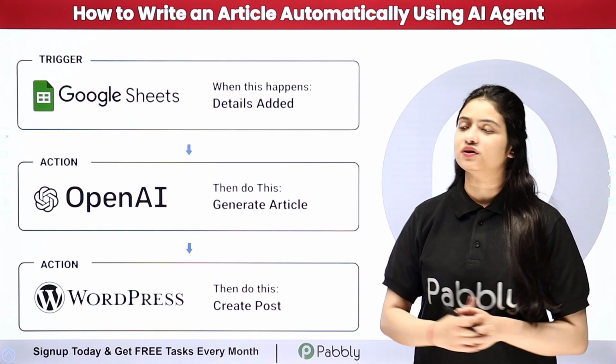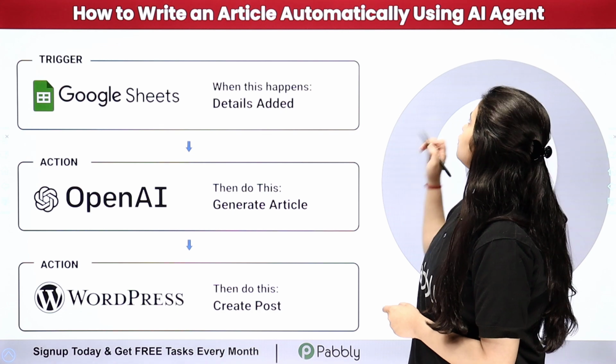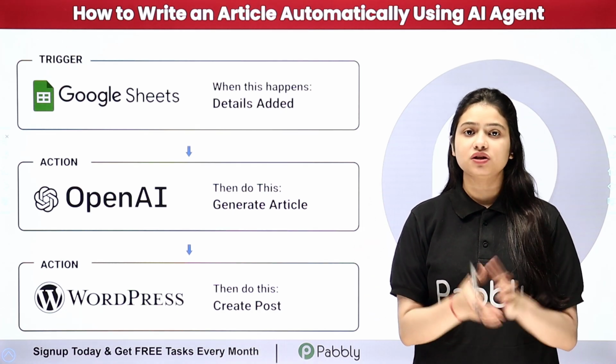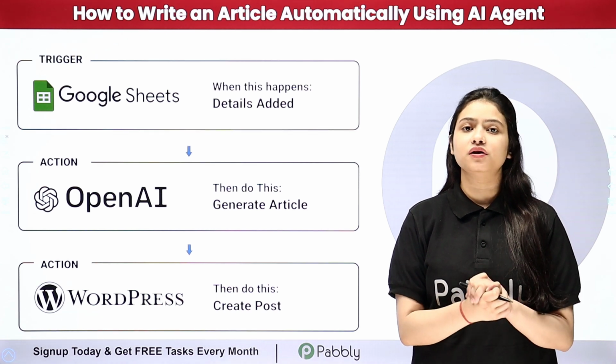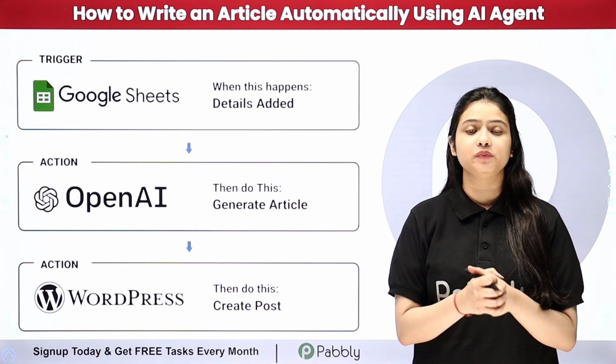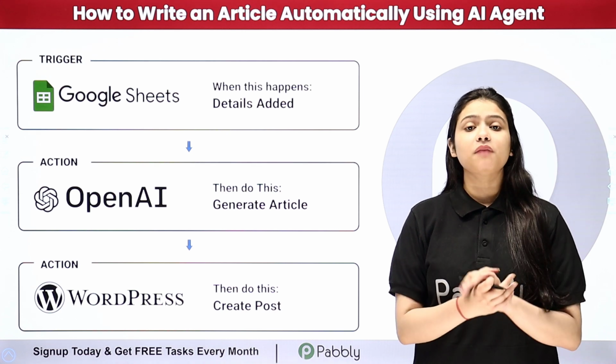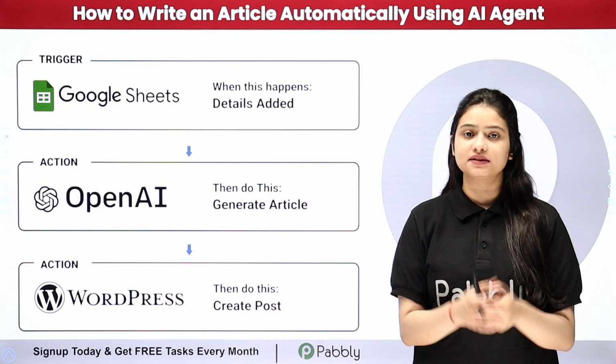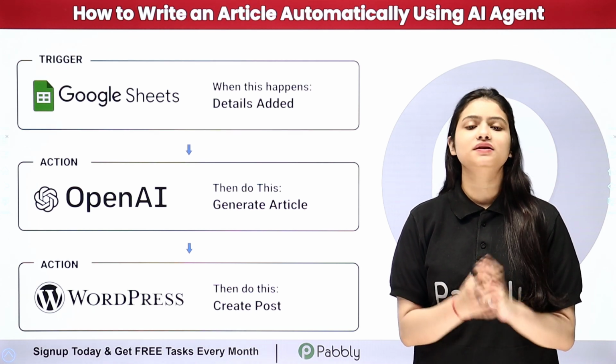In this video, we are going to learn how to write an article automatically using AI agent. So as a content manager of my organization, I need to generate articles regularly and publish it on my WordPress site to maintain the consistency. But doing it manually is going to take a lot of time. Therefore, I have decided to automate this entire process simply with the help of my AI agent, that is OpenAI